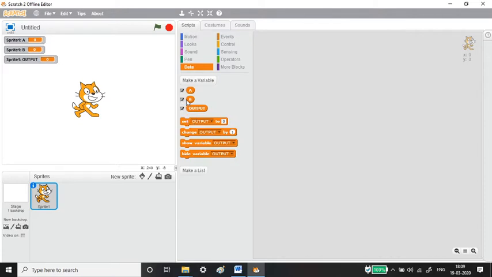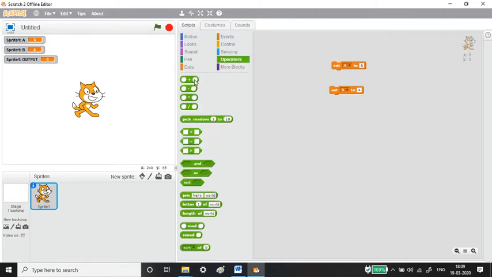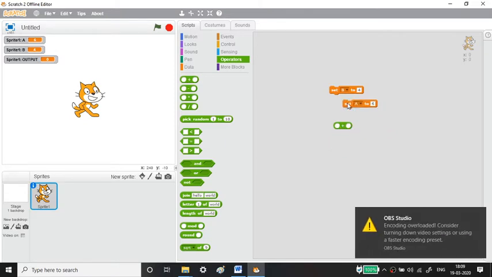What I'm going to do is set the a variable as 6, and I'm going to set this b variable as 4. Now I'm back to the operator block. See here, it has a, right? So it will not fit into this.